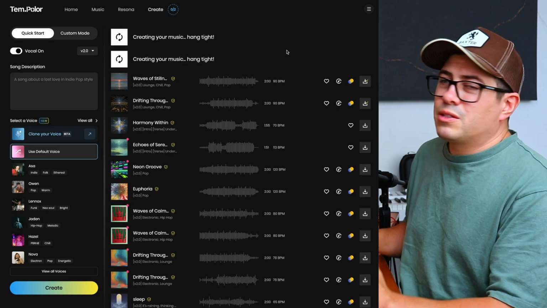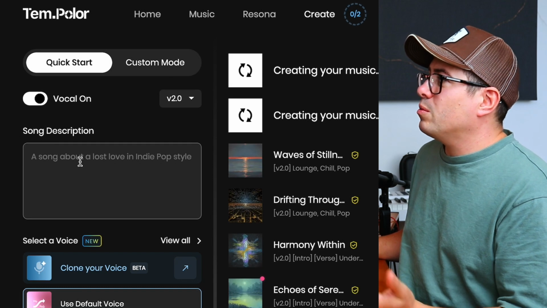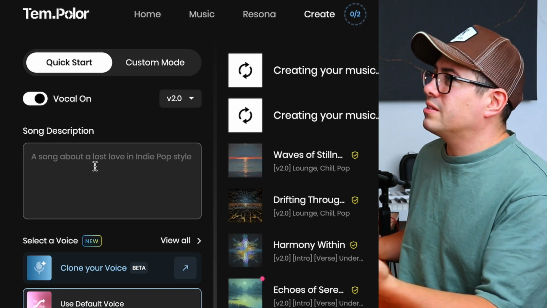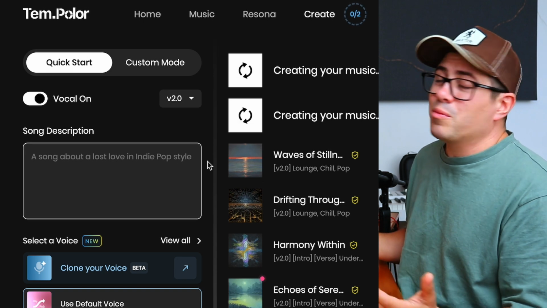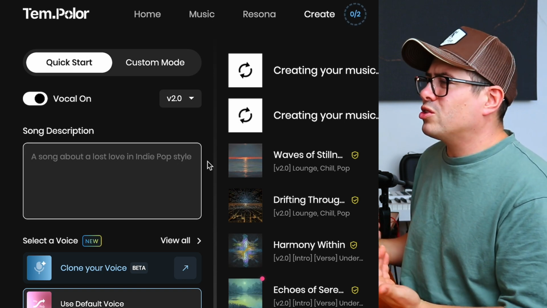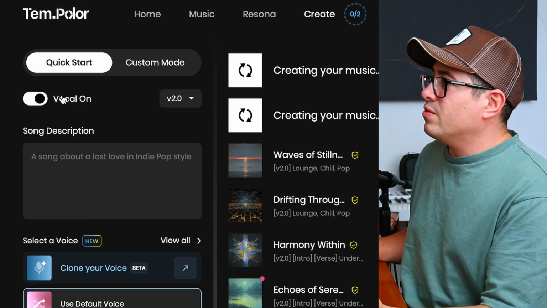So this is the page where you can generate AI songs. You can type in the description, you can tell it what you want it to be a song about, you know, like the suggestion here, a song about a lost love in indie pop style. So you can type whatever you want here, and then the AI is going to try and generate a song for you. You've got the option to either create an instrumental track or you can turn vocals on, and then